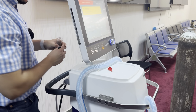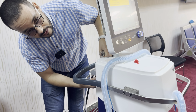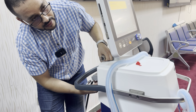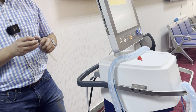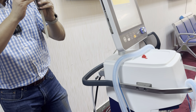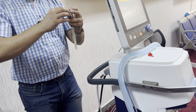And Hamilton is not using the filter? From behind. Yes. In Europe they use a paper filter. They are not even using the water trapping system, this one. Most of the new ventilators don't use this water trap anymore. This is special for Libya. No, it's not special, but